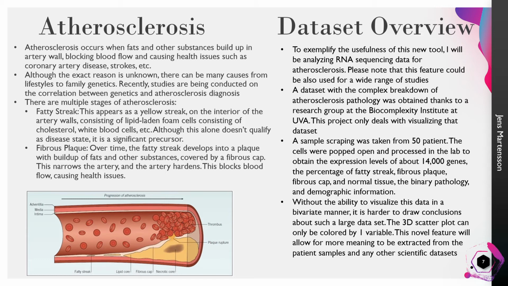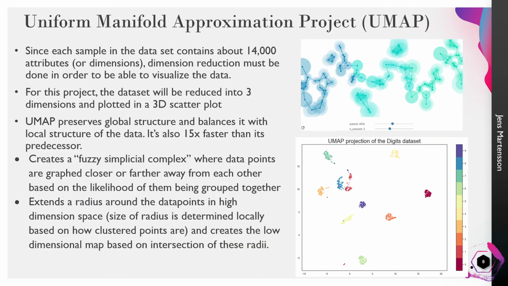The fatty streak, fibrous plaque, fibrous cap, normal tissue percentages, as well as the binary pathology, which was assigned by a professional, as well as demographic information. And this data was reduced using UMAP. UMAP is a data reduction algorithm based on machine learning techniques, and it's important to reduce the dimensions because it's